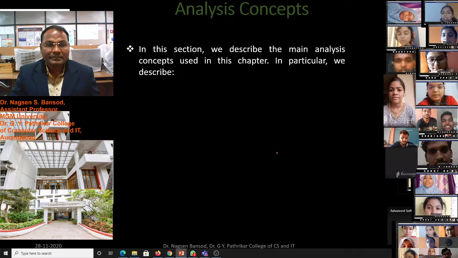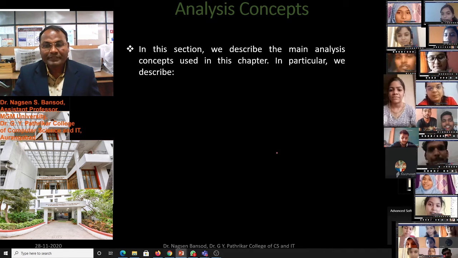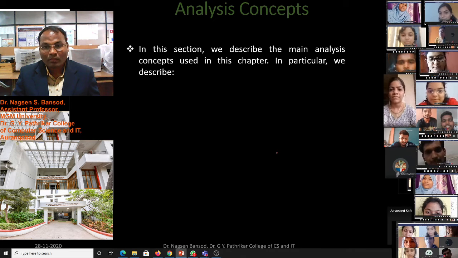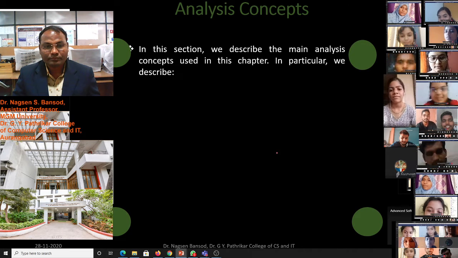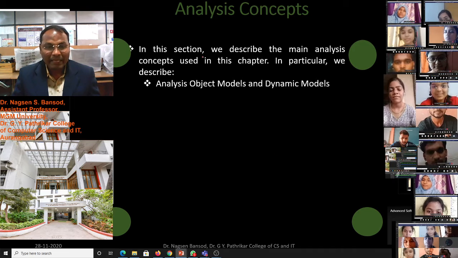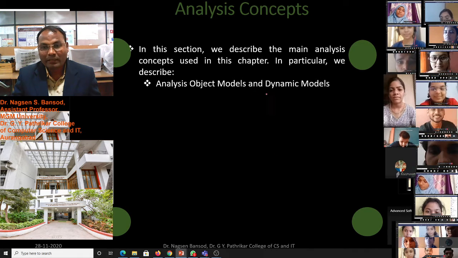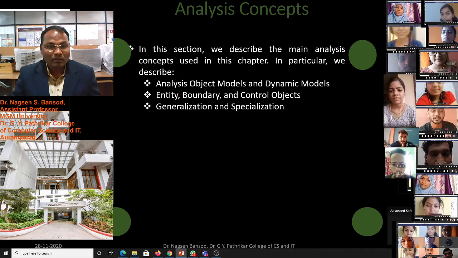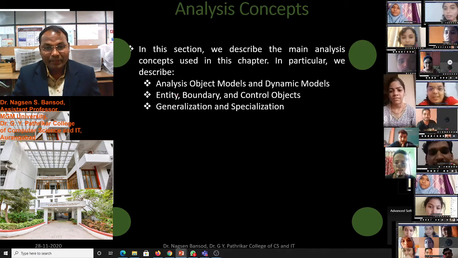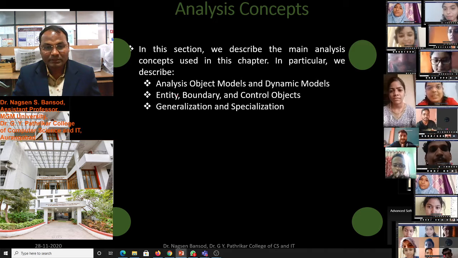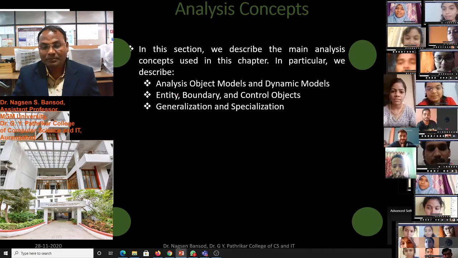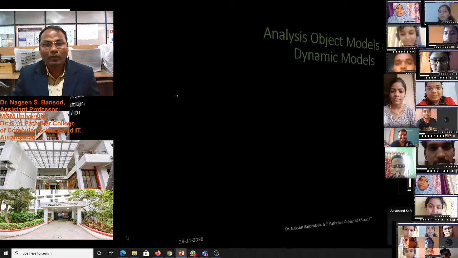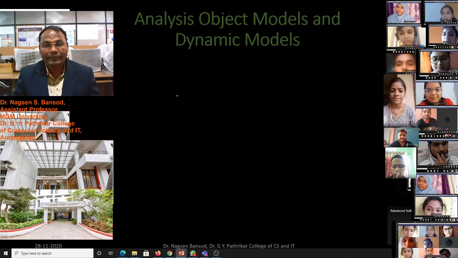In analysis concepts, we describe the main analysis concepts, in particular the analysis object model and dynamic model. Then entity, boundary and control objects. Then generalization and specification. We will see them one by one.